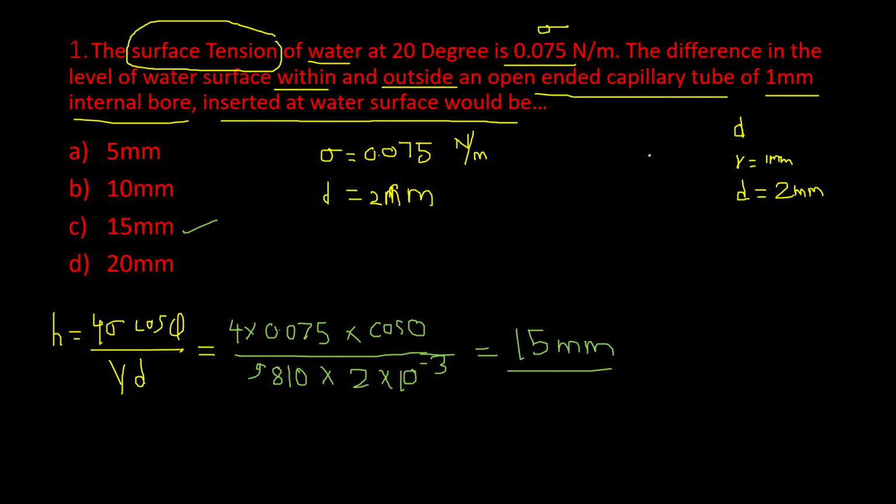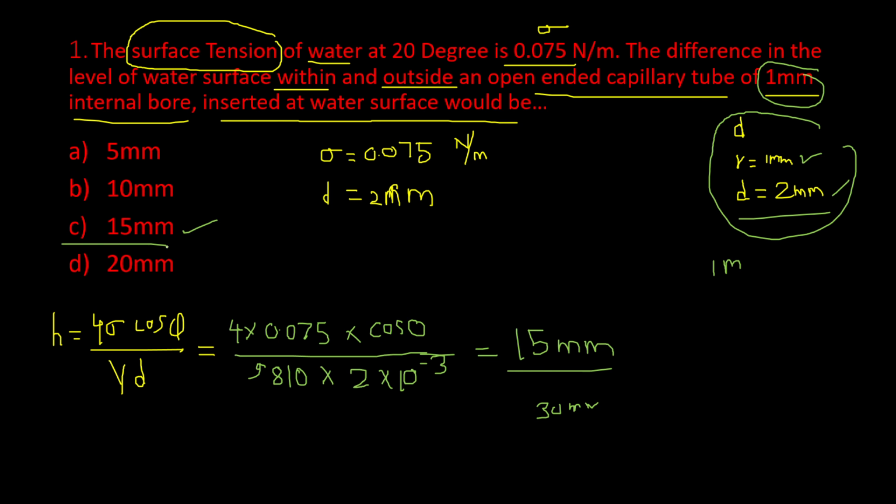Okay, so in this question nothing is specified about the given information, that is this 1 mm. Fine, so there should be more clarity whether this 1 mm is radius or diameter. If you take it as the diameter, then your answer will be 30 mm, which is not present in the option. Okay, so if we take this as 2 mm, that is radius is 1 mm, so hence diameter will be 2 mm, then we will get the option which is present in the given question.